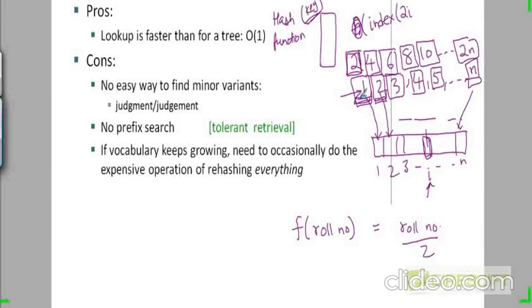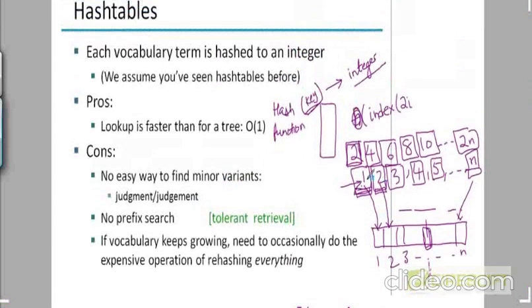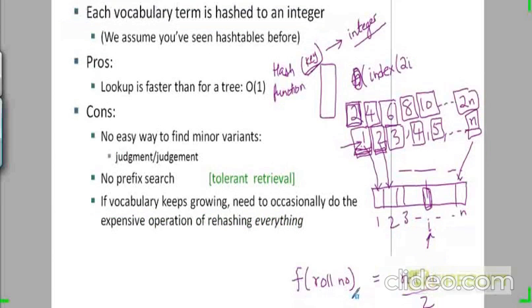Now in general, these were very, very simple examples where you had numbers from 1 to n and 2 to 2n. But let's say you had a general list of n instances. How would you store it in such a way that you can look up the record in a constant amount of time? Note that to calculate the index at which a particular record is stored, you just take a constant amount of time to calculate what the value of the index is. Just take half of that roll number and you'll get that value.